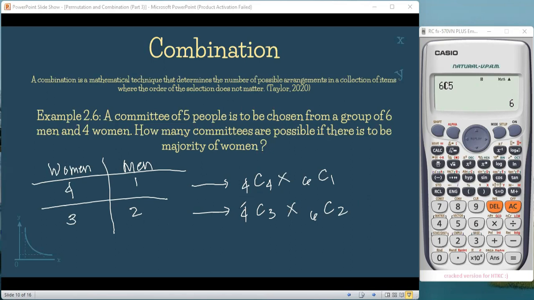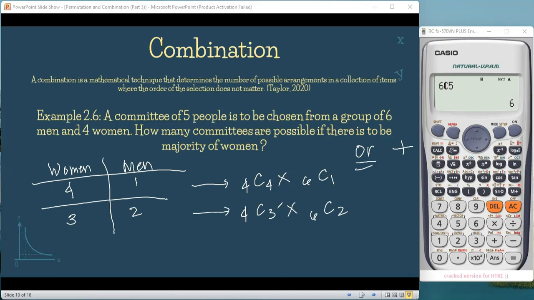So in English, that is, it's either a committee of 4 women and 1 man or a committee of 3 women and 2 men. So kung makikita niyo po, para po ma-solve itong kabuuhan ng combinations na ito, gumamit po tayo kanina ng conjunction na or. At ang or po sa probability or even in set theory, or is equivalent to the symbol of plus. So ibig sabihin po, para makuha natin yung mga possible committees na majority are women, kailangan po nating i-plus yung